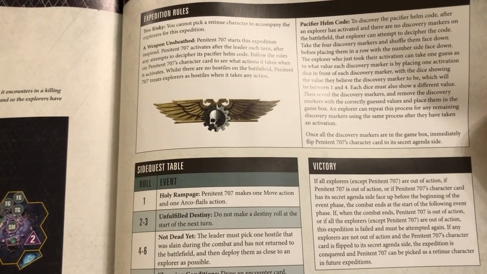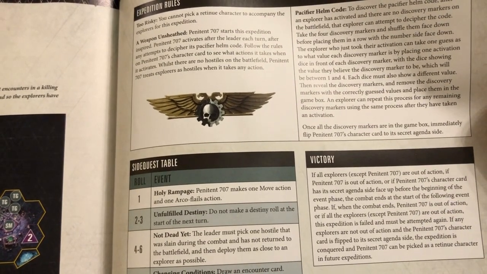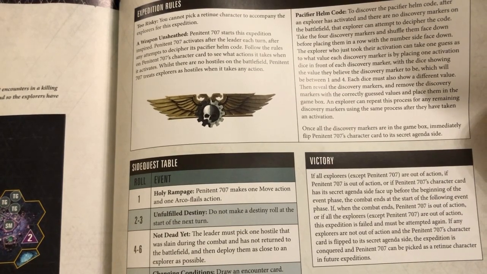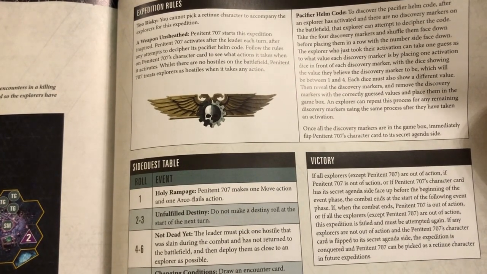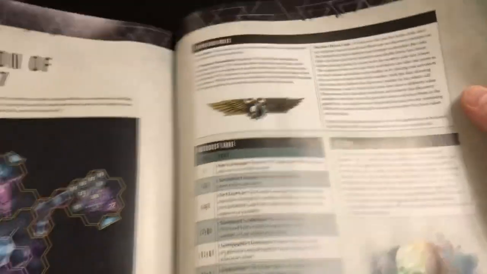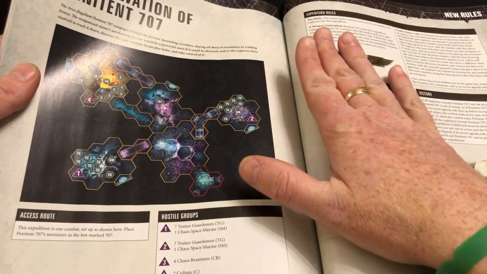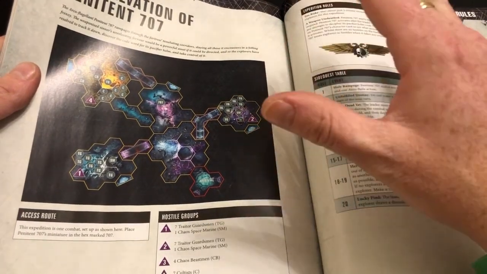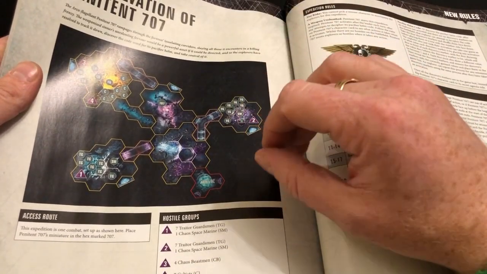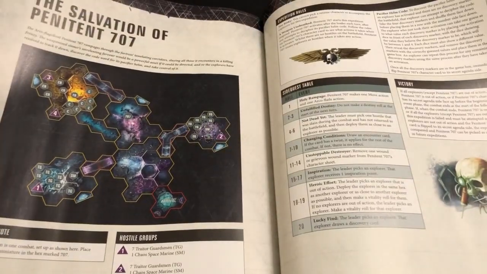It activates after the leader each turn, after any attempts to decipher its pacifier helm code. Follow the rules on Penitent 707's character card to see what action it takes when it activates. Whilst there are no hostiles on the battlefield, Penitent 707 treats explorers as hostiles when it takes an action. So, once all of the enemies are dead, rather than flipping back to an uninspired state as would normally be the case, because the pacifier helm is broken, the kill switch stays flicked,